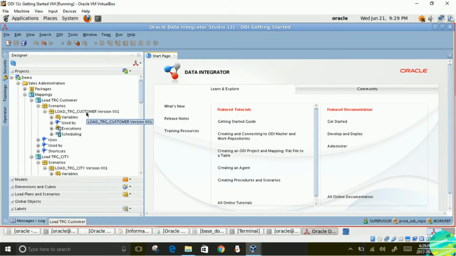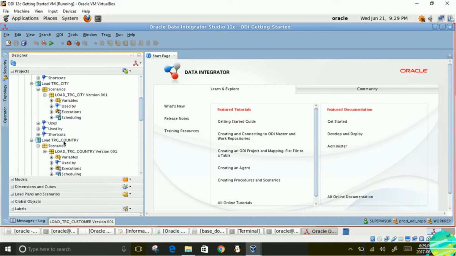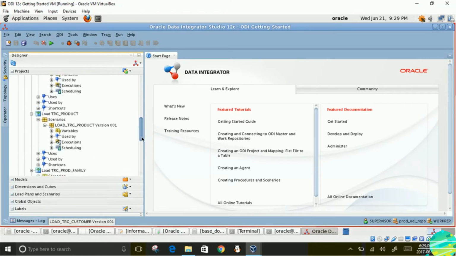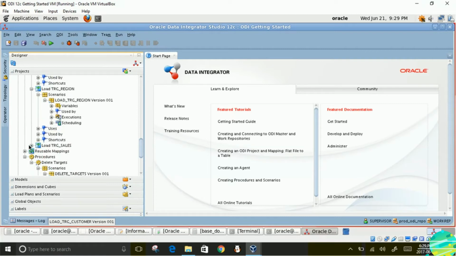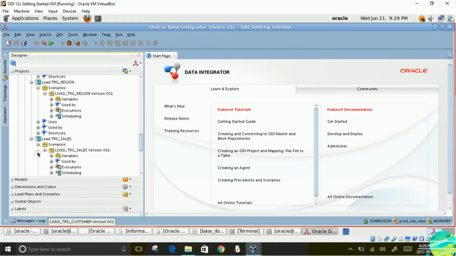However, before we do that, let us make sure all the mapping components we want to include in the load plan, all the mapping and all the procedures have scenarios generated for them. Let's look at that. Load TIG customers has scenario, load TIG city has scenario, load TIG country has scenario, product has scenario, product family has scenario, TIG region has scenario, and TIG sales has scenario.